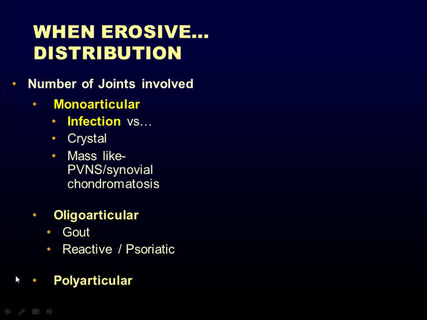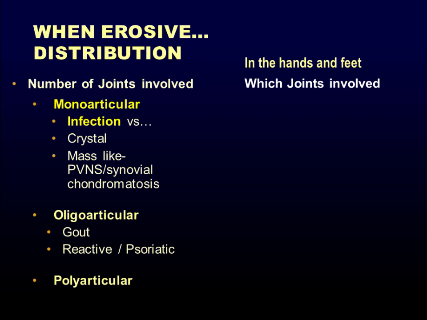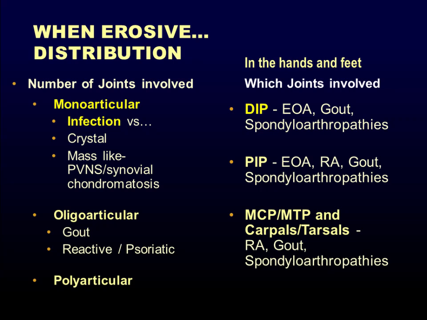And then when it's at a bunch of joints, the distribution can be very helpful. When we're looking at hand and foot films, which joints are involved is the first thing that I go looking for. And one of the first places my eye is drawn when there's erosive arthropathy is to the distal interphalangeal joints. The reason is, you'll notice that the one diagnosis that's not listed at the distal interphalangeal joint is rheumatoid arthritis. Rheumatoid virtually never occurs at the distal interphalangeal joint. So if I have an erosive arthropathy, say in the wrist or the metacarpophalangeal joints where multiple joints are involved, I go up and look at the distal interphalangeal joints. If there are erosive changes at the distal interphalangeal joints, it's much more likely to be one of the seronegative spondyloarthropathies,